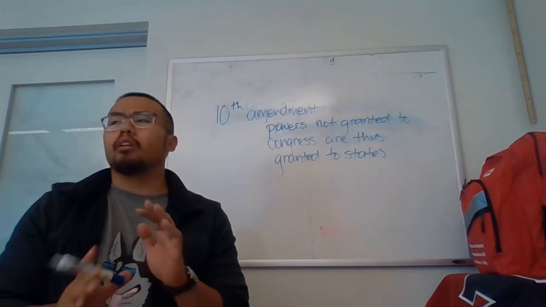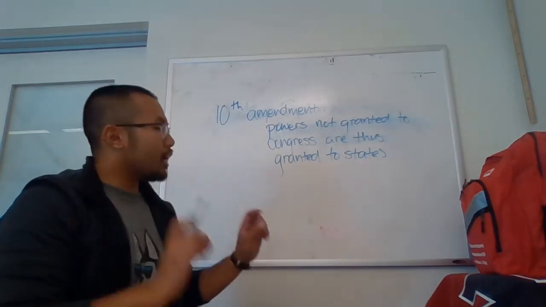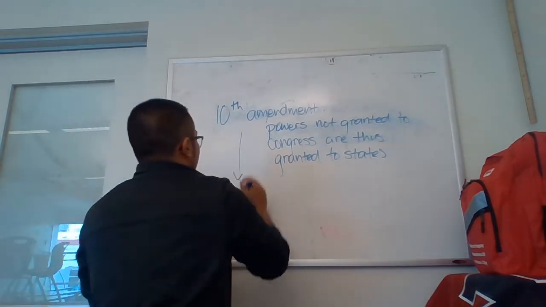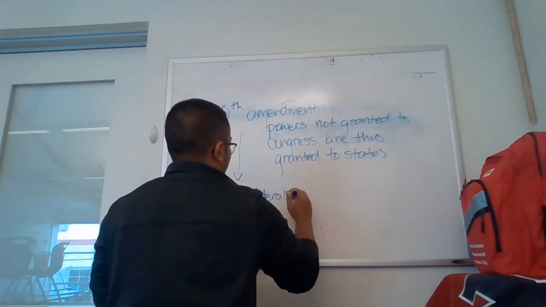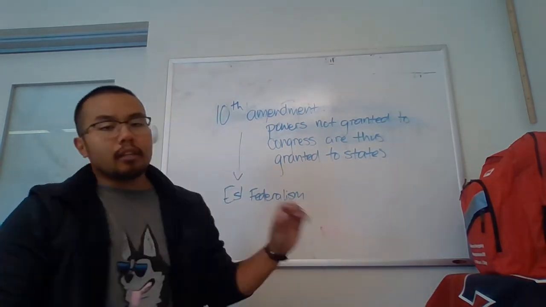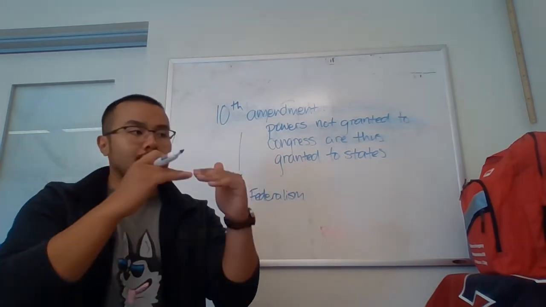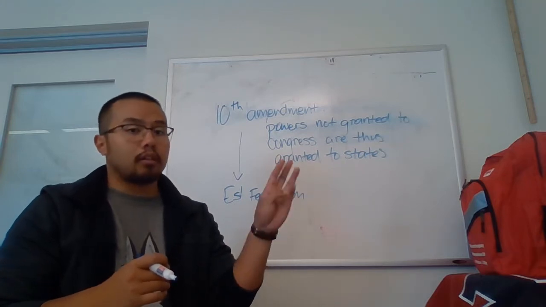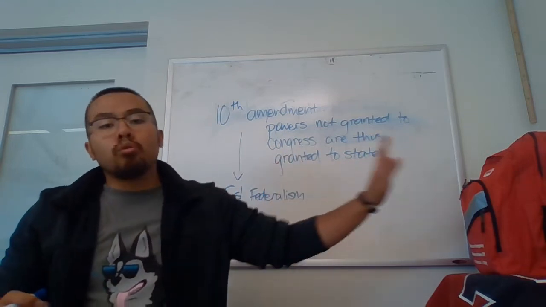We're going to look at all the other amendments in the Constitution further down in different projects and units, but for the sake of this content assessment, you need to know the 10th. Because in a nutshell, this essentially establishes federalism, right? Federalism, that legal separation of governments. And what the 10th Amendment states is that powers not granted to Congress, right? Not in that sacred document that says you, Congress, do this, this, this, and this, right? That aren't said there are thus going to the states.